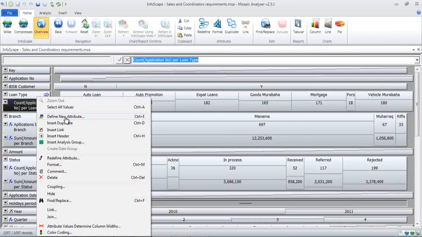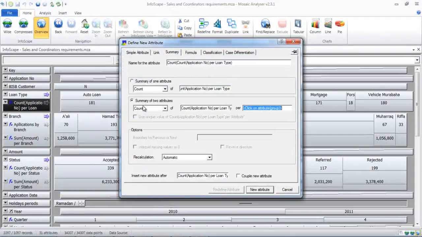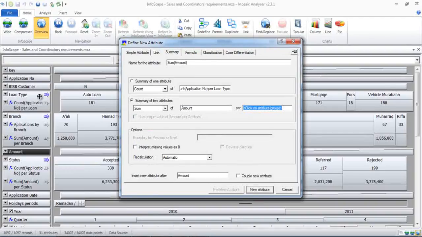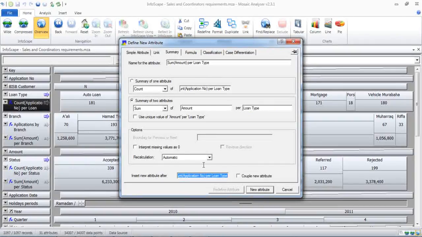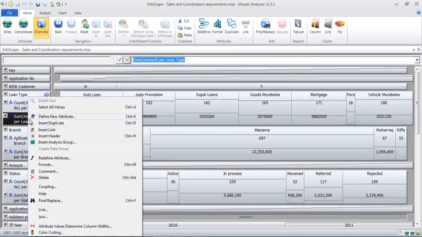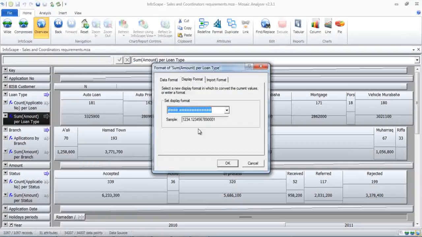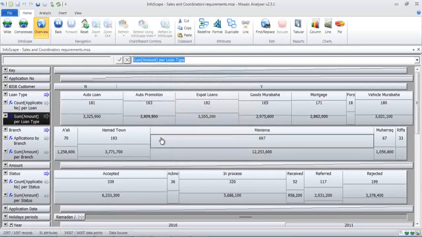What we can also do is look at that in amount terms. So look at the sum of the amount by loan type. We'll put that right under the previous function. We can also format this just to clear up the screen a bit. Any number of formats available to you,